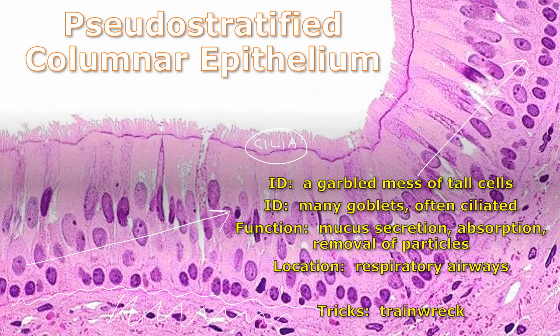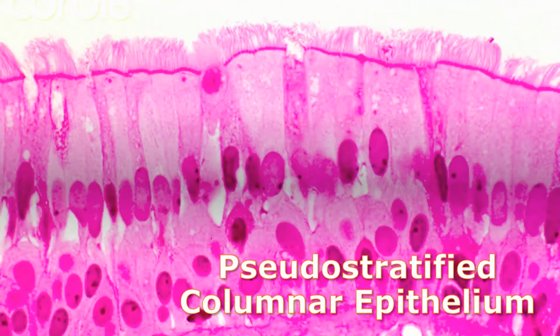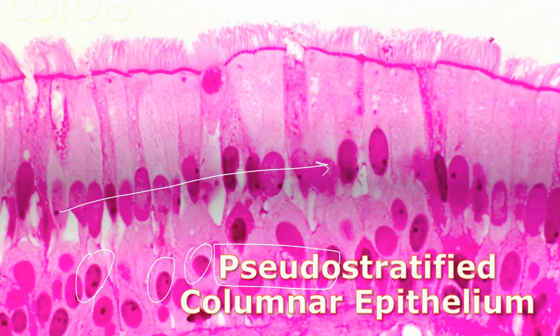And the trick again that I use is if you shot an arrow through it, you get a train wreck of nuclei. Again, I can shoot an arrow like this, and I can hit most of the nuclei, but all these down here I'm missing. So it looks like it's stratified, but it's not. It's falsely stratified, pseudostratified columnar epithelium. And I would add the word ciliated to this mess as well. Ciliated, pseudostratified columnar epithelium. Lots of goblet